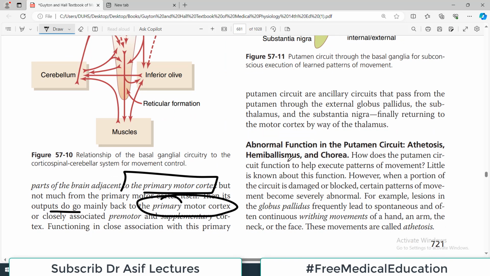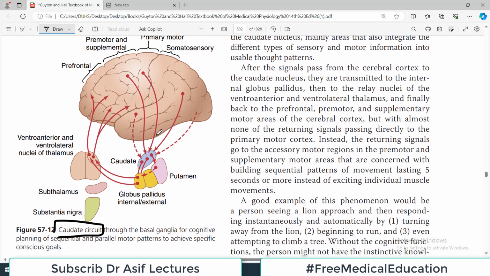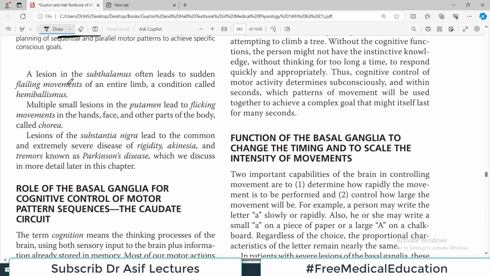Okay, and if putamen is not working fine, then your movements go all here and there. So if the putamen circuit is not working properly, there can be, for example, athetosis, which are rhythmic movements, continuous rhythmic movements of the hand, upper neck or face region, a term which we call athetosis. Similarly, if there is a lesion in the subthalamus, it often leads to flailing movements of the entire limb, a